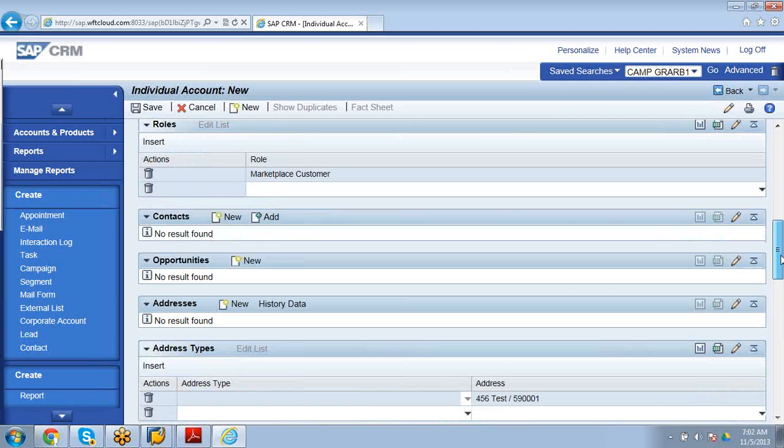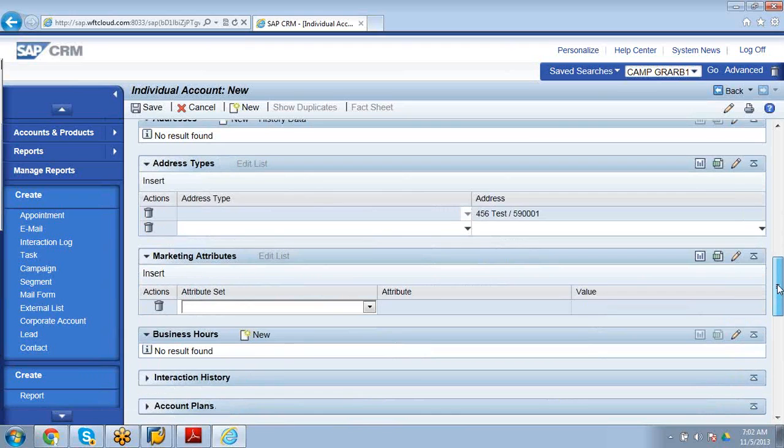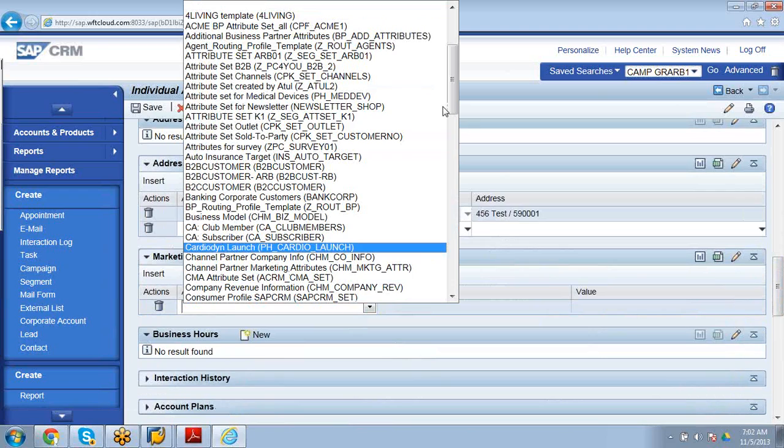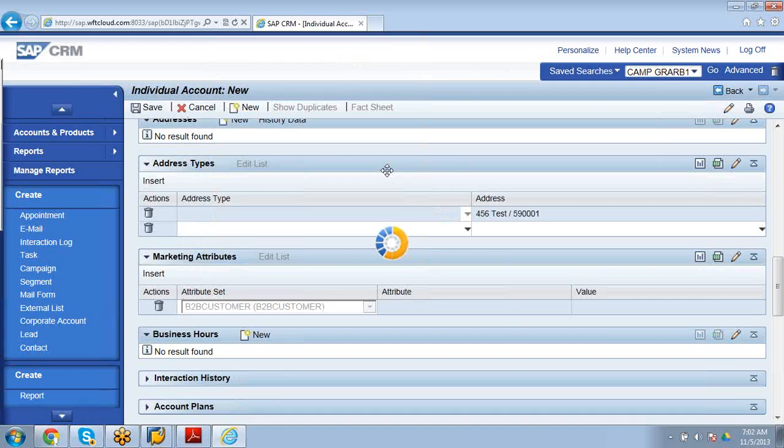If you have any contacts, you can still add them. Click on plus. And marketing attributes: that means is he a B2B customer or B2C? We can add that.